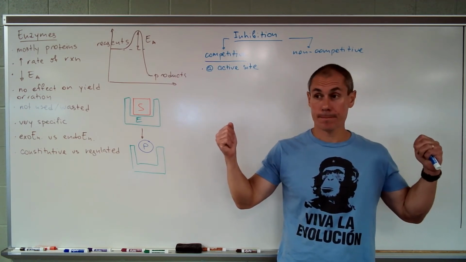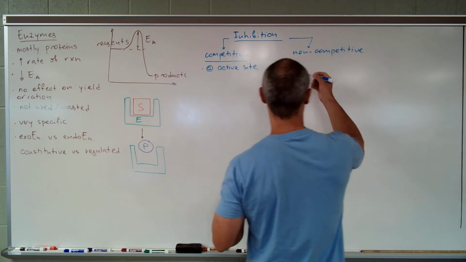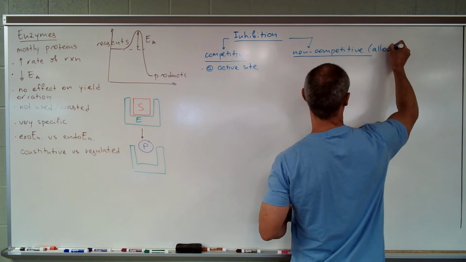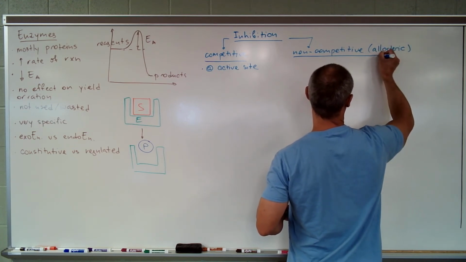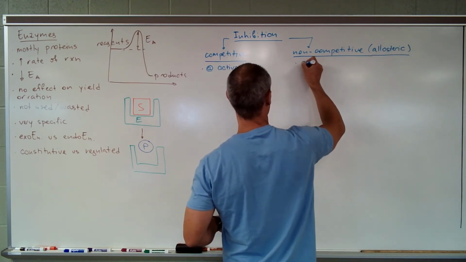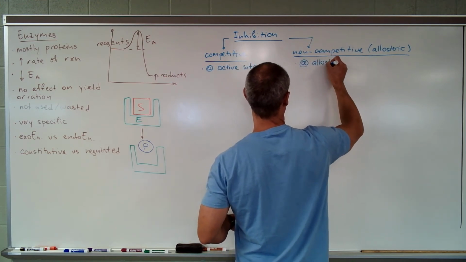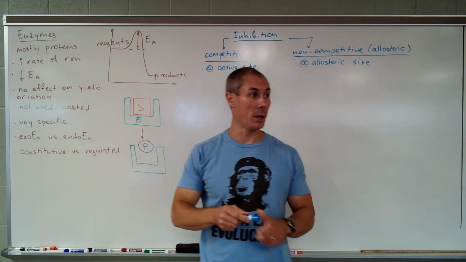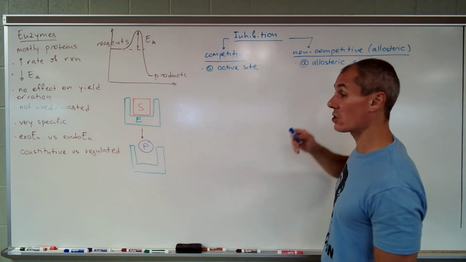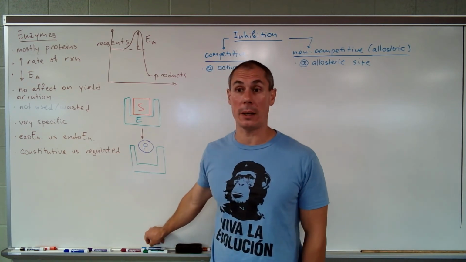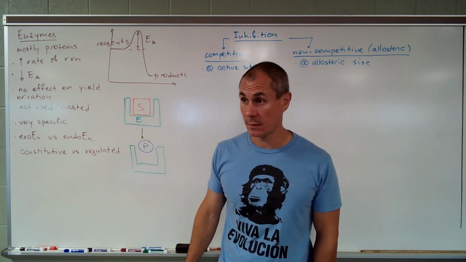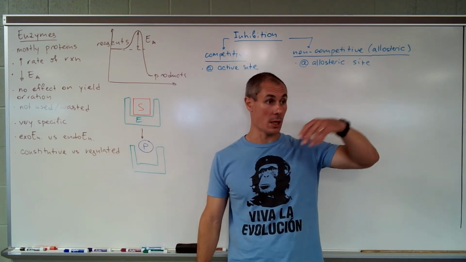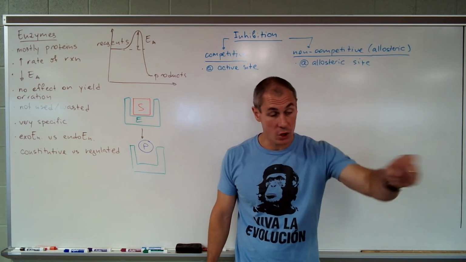Does that make sense? In non-competitive inhibition, also known as allosteric, a chemical binds to an allosteric site. So allosteric means, allo means different, steric means space, another space. Okay? That makes sense? So say if John is the substrate and I'm an inhibitor and that chair is an active